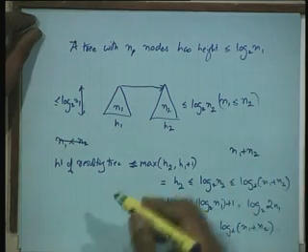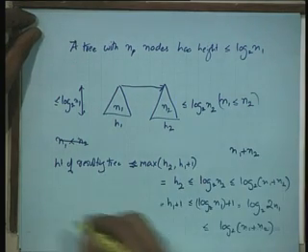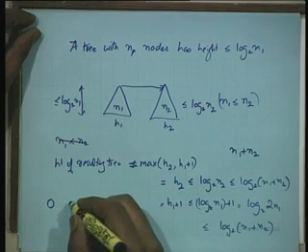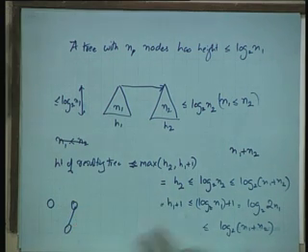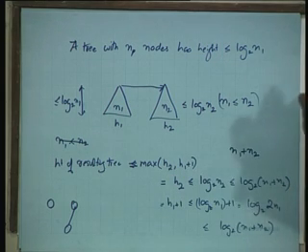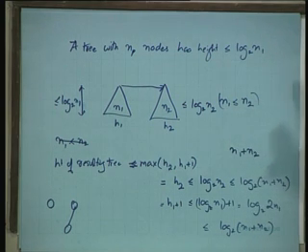So, now what are we saying? If the tree has only one node in it, this has height 0. If this is the case, it has height 1. So, I am counting the number of edges on the longest path from one of the leaves to the root. I am counting the number of edges and not the number of nodes. Everyone with me?